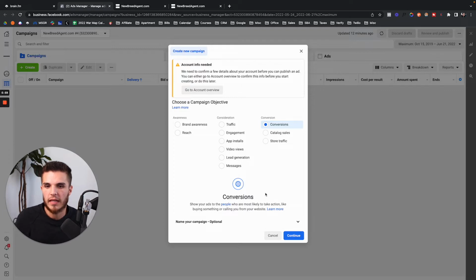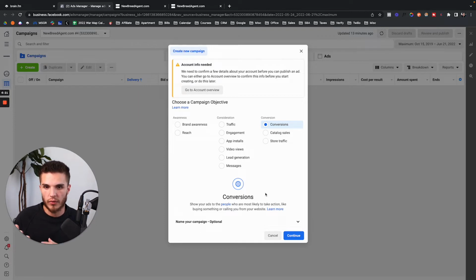And then let's say the other people in that audience click on a lot of ads. They just click on ads. They like to just mess around. They like to see what other ads are out there for whatever reason, but they never really buy. So what conversions does is it's going to show ads,